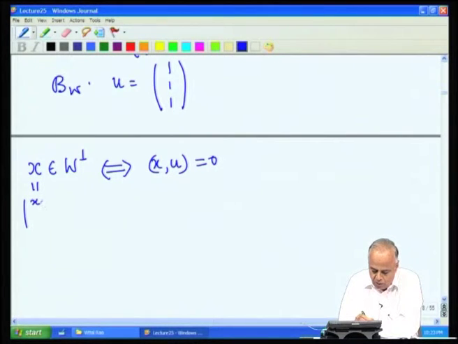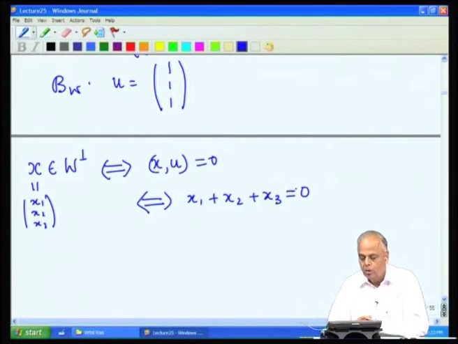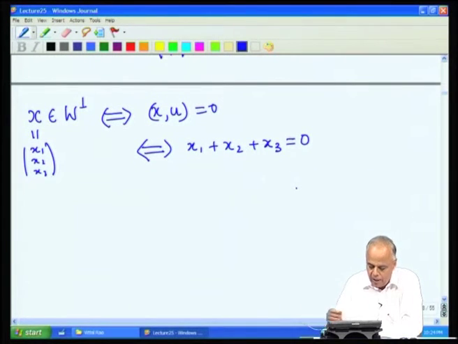Suppose x is x 1, x 2, x 3, then this says x comma u, the dot product between x and u, is x 1 into 1 plus x 2 into 1 plus x 3 into 1, that must be 0. So, the only requirement for a vector to be in W perp is that the sum of its components is 0, and therefore, the vector x is of the form